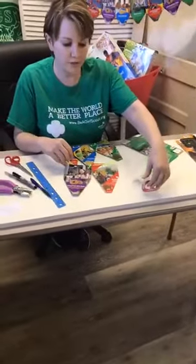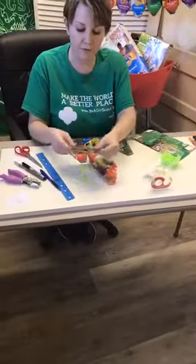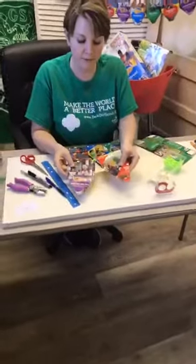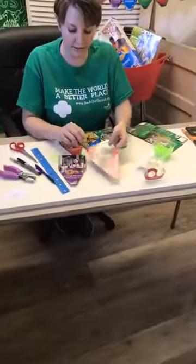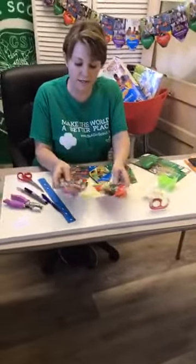The other optional item is tape. If you would like to tape your pendants together, if you do a front and back, you can tape them together to keep them from being a little loosey-goosey. If you use the string, you might want to do that. If you use the pendants, I've had mine for several years and did not need to use tape, so you'll